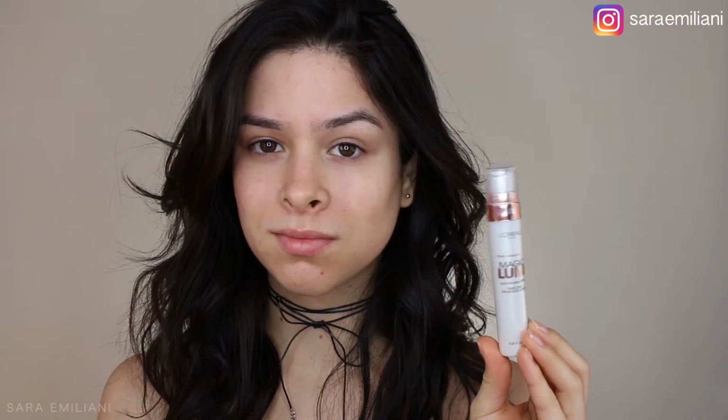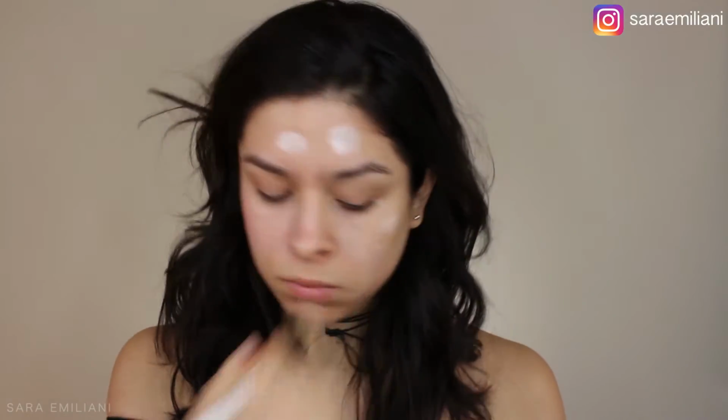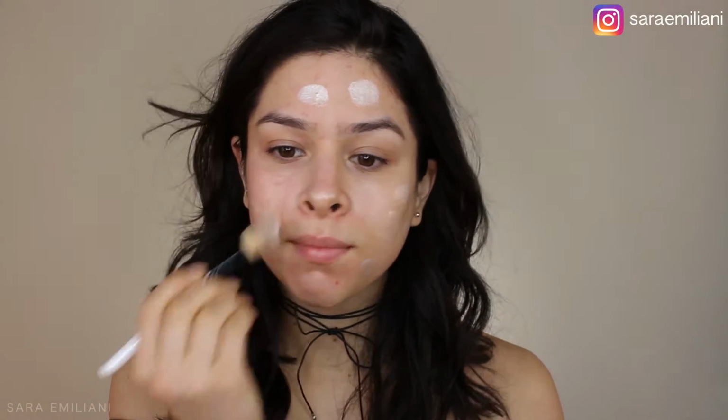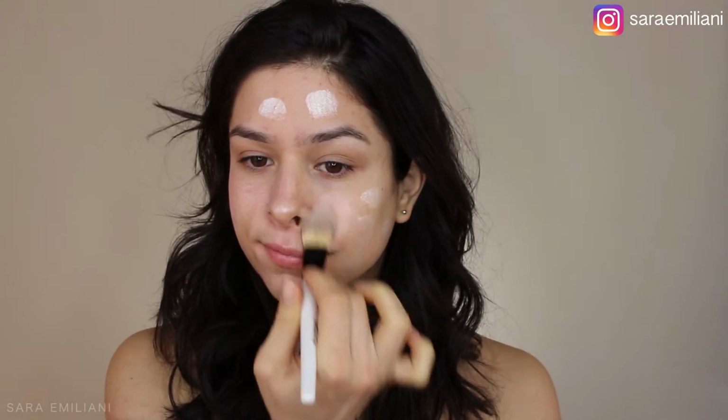Now I'm starting off with the Estee Edit Pore Vanishing Stick and applying this to the areas where I have bigger pores, and to blend it in I am just tapping it in. Next I'm applying the L'Oreal Magic Lumi primer. This is a luminous primer that's going to give me a very nice glow. I really enjoy a luminous complexion, so I apply it to my entire face and I blend it in with